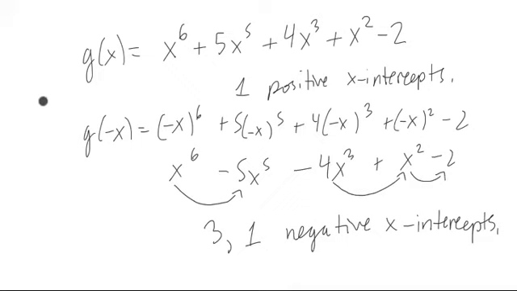So hence, if we're searching for solutions or zeros, x-intercepts of this polynomial, this gives us some vital information. We know we have one positive x-intercept, and here we actually know we have at least one negative x-intercept because we have 3, we definitely have 1, and then the other option is 1. So we at least have 1